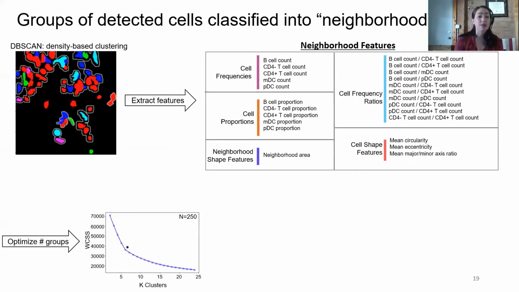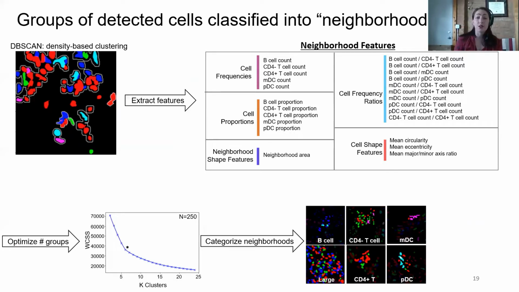Then we want to optimize the number of groups, since we want to categorize different types of neighborhoods and see if different types of neighborhoods are associated with progression to failure as well. Once we categorized those neighborhoods, we found that 6 was the optimal number of groups using some k-means clustering algorithms. And so we have 6 unique types of clusters that come out of that, mostly associated with